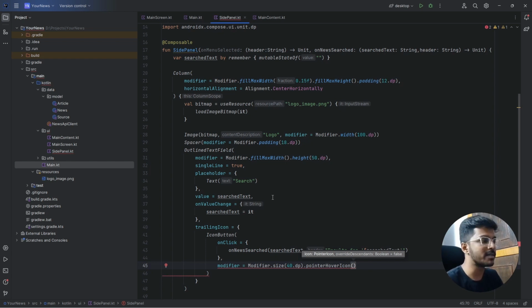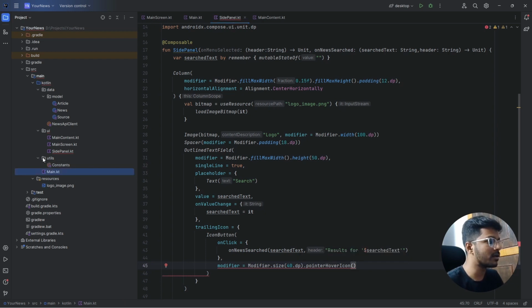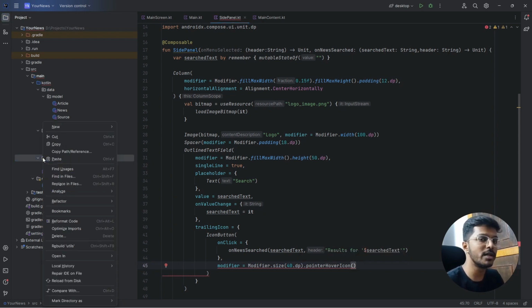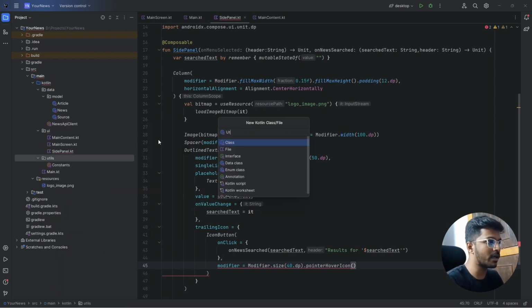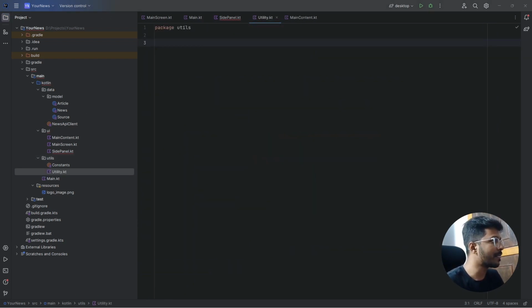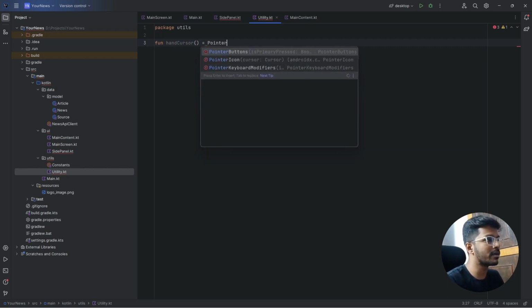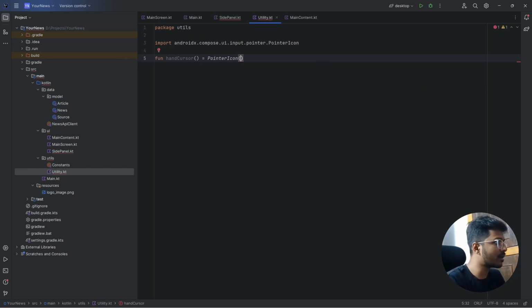Now that something is basically the type of icon that we want. So what we can do here is we can just simply create a utility function that provides us with that. And for creating that, we will first of all create a utility file. Okay, and inside that file we are going to create a function called, let's say, hand cursor, and we will say pointer icon cursor